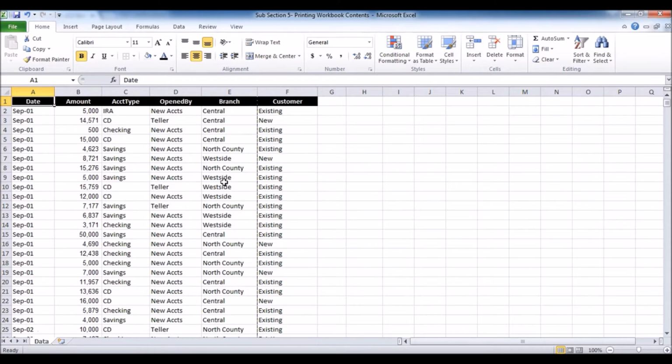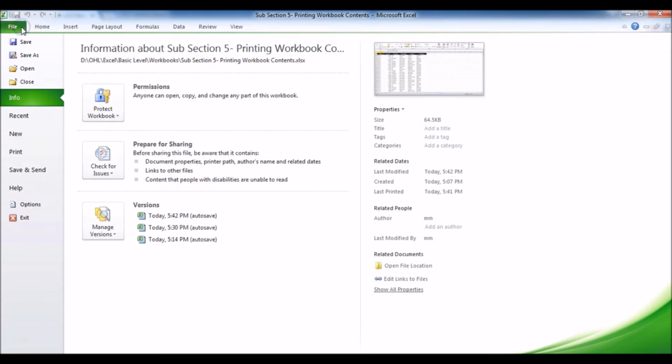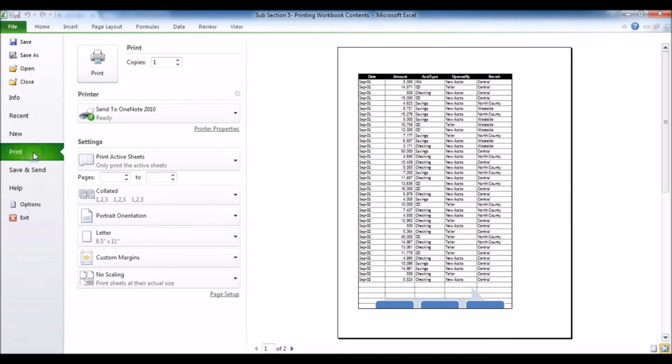In this case, there are two options that we can go ahead with. The first one is either you can go with a shortcut which is Control plus P, else you can go to the File tab and there you can see the print option. When I click on print option, you can see a lot of options are coming. And here you can see the orientation, which is portrait or landscape, that you can choose upon, and a lot of things.